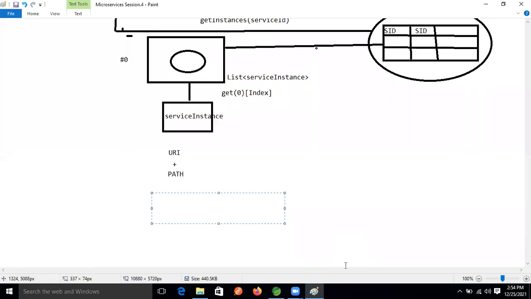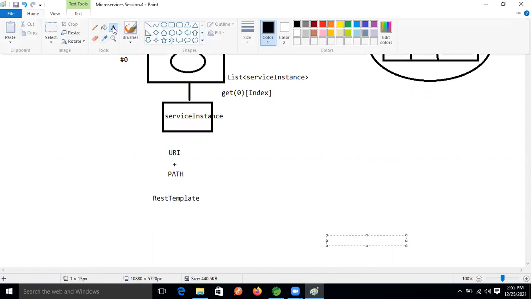Here, what I'm taking now is REST template. I will use REST template, then the REST template will make that call, right?